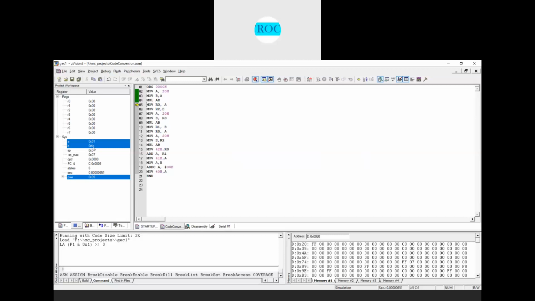And now in A the content is 01, that I will move into the register R3, and B is having FEh, that I will move into R2. So that what we have, R3 is having 01 and R2 is having FE.